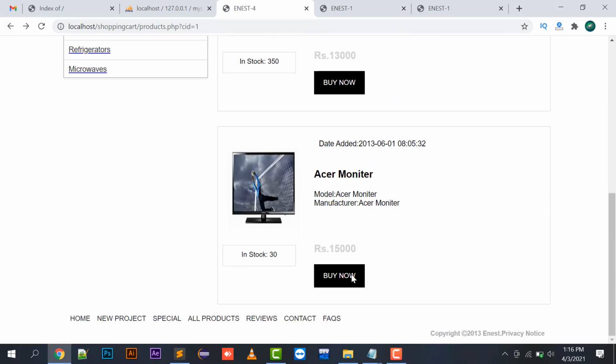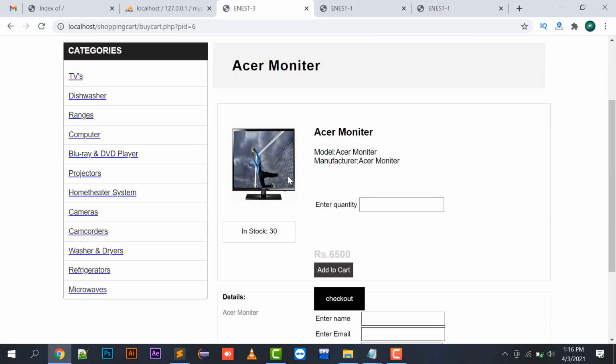If I click on Acer monitor, it shows me the Acer monitor along with its detail and description and the stock I am currently holding in my database. So in this way, you can display and interlink your pages of categories and products in your shopping cart website.